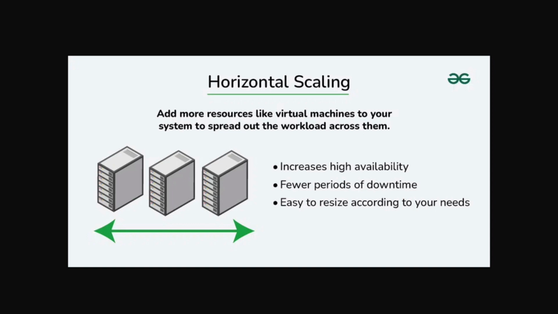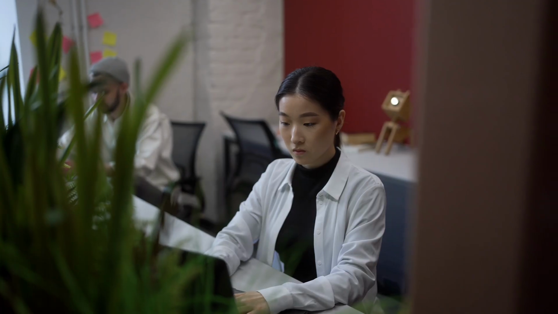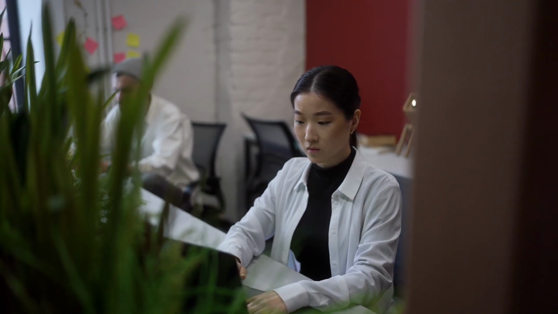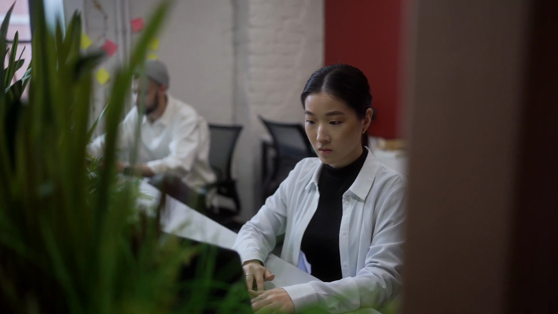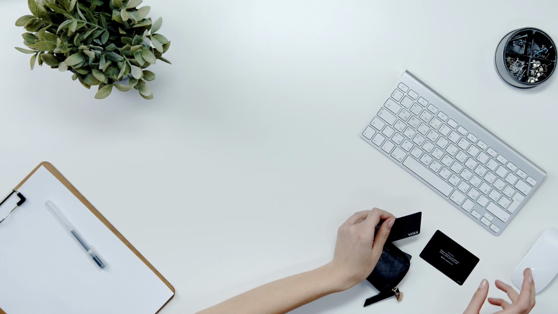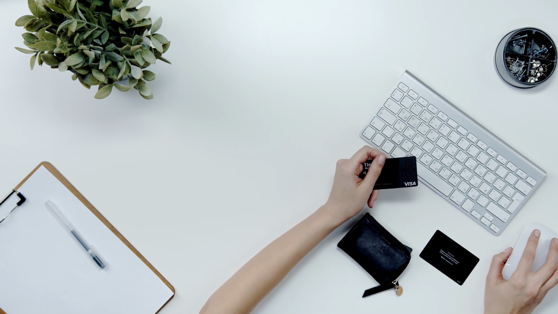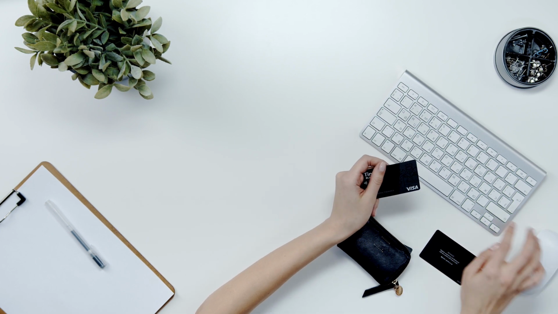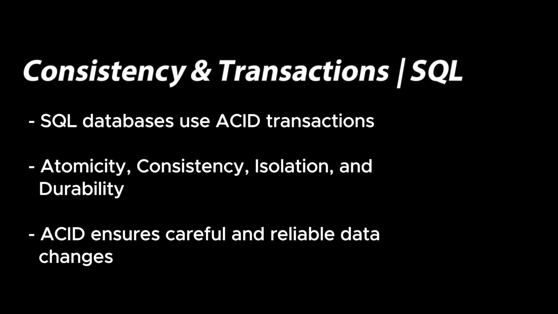However, needing more servers can increase the cost, and coordinating the data between them can be tricky and lead to network problems. And the third difference, consistency and transactions. In databases, consistency ensures the data is always correct, while transactions ensure that changes to the data happen reliably and completely. SQL databases use something called ACID transactions,